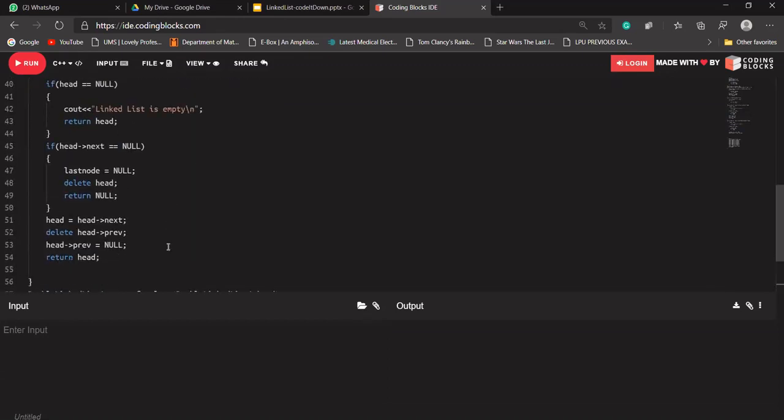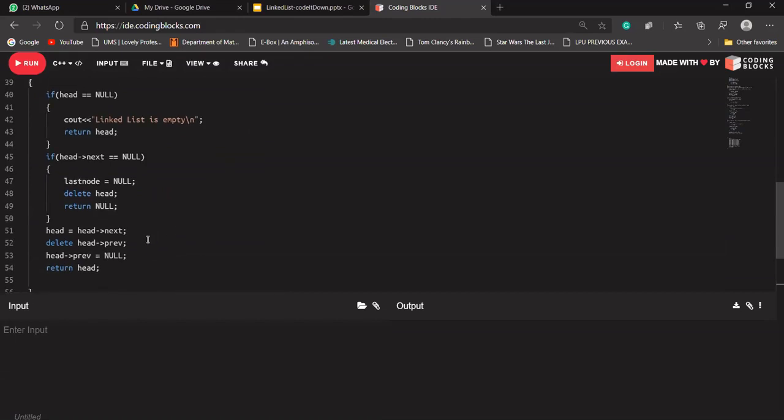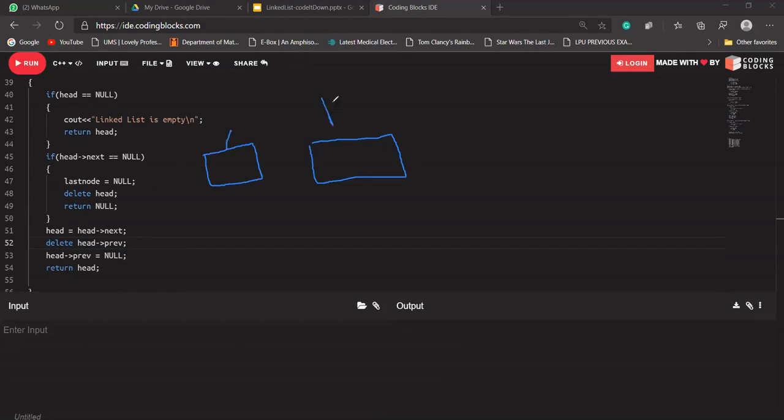So you are asking why here there was no need. Let's say there were two nodes only. Now head is pointing to head's next. Now head is pointing to this node.